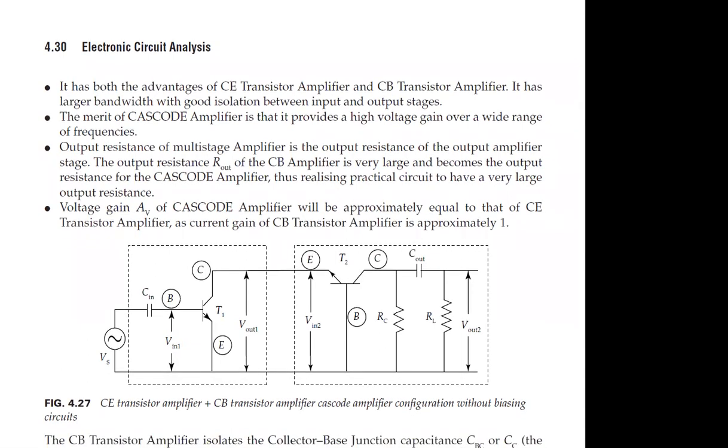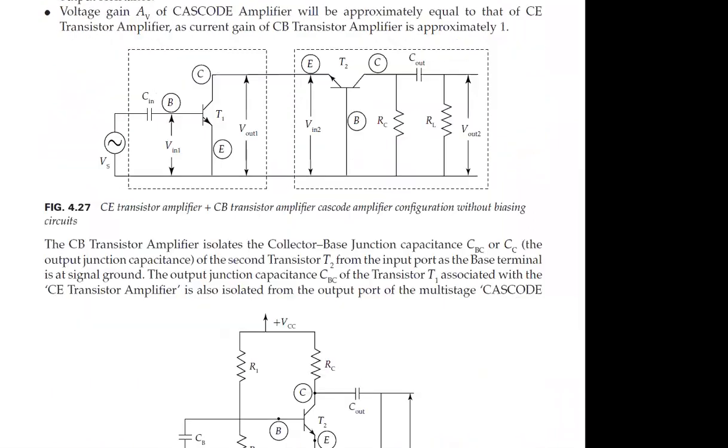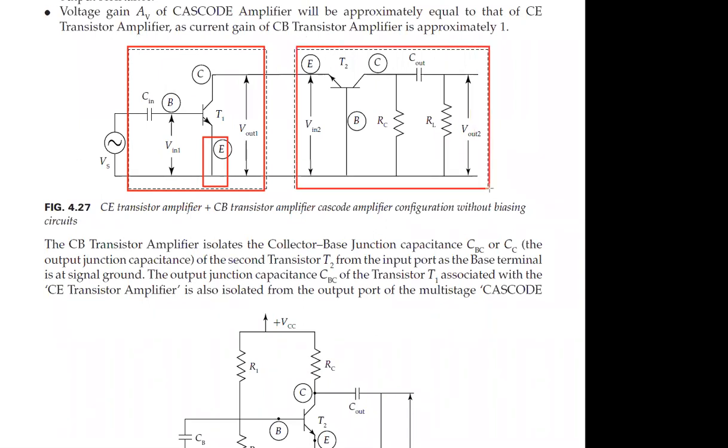Okay, now see the circuit diagram. In the circuit diagram, we are getting the CE configuration. The dotted line shows the CE amplifier, up to here is the CE amplifier. In the CE amplifier, the emitter is grounded. This is the emitter part that is grounded. Now the same circuit is connected with another configuration, the common base configuration. This is the common base configuration, where the base is common. Now you can verify the collector terminal is connected to the emitter.